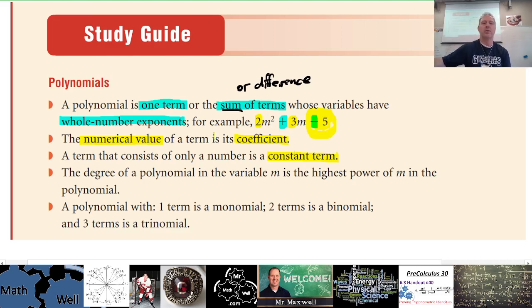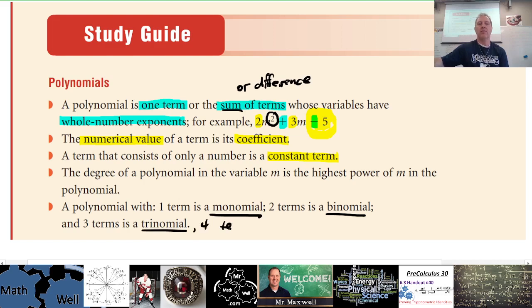The degree of the polynomial, okay? So the degree of the polynomial in the variable m, let's say, is the highest power of m in the polynomial. So back to this example up here, this is degree 2 because the largest exponent on the variable is 2. A polynomial with one term is a monomial, 2 terms is a binomial, 3 terms is a trinomial, and